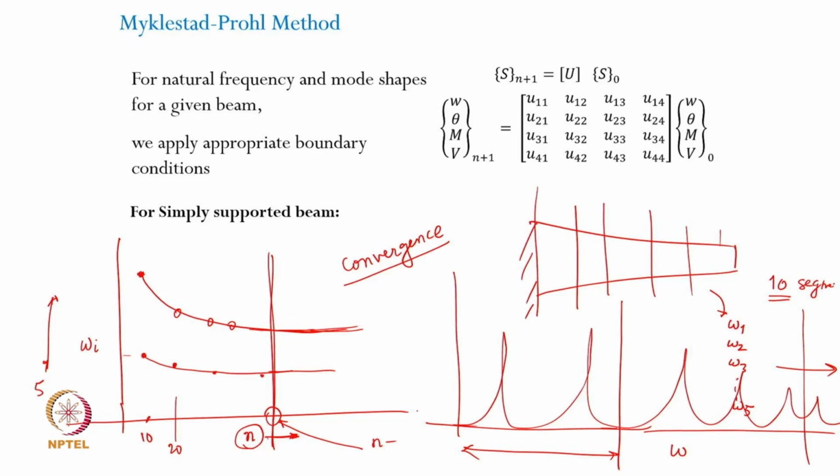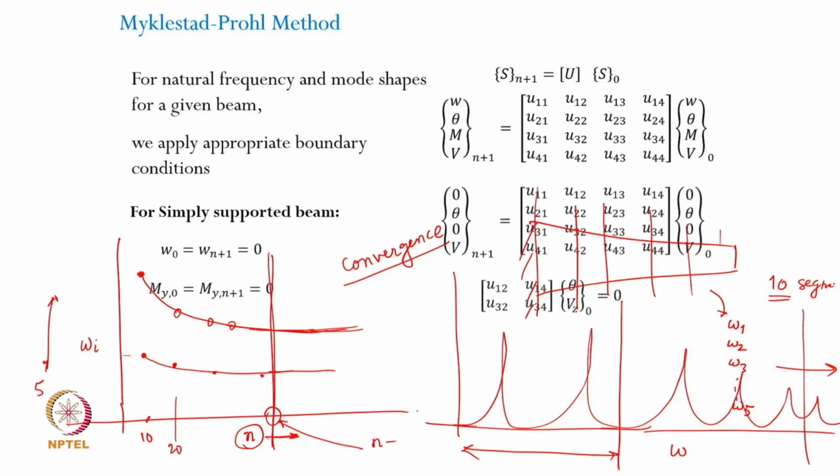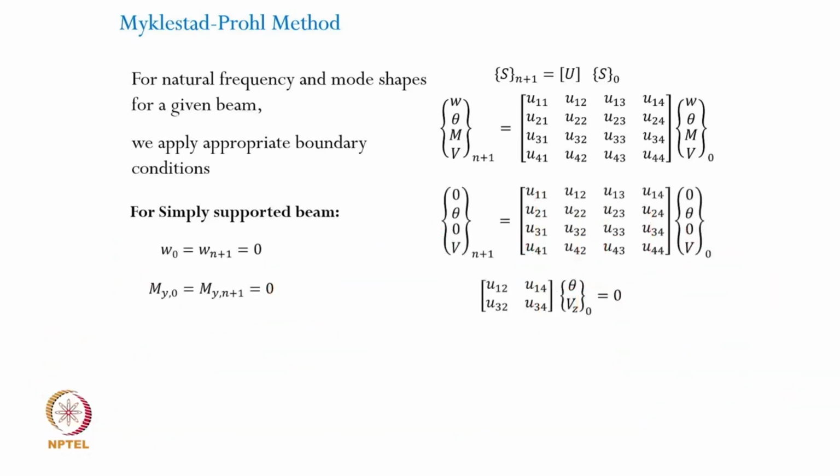After this, once you have obtained for this lateral vibration problem all the eigenvalues, all the natural frequencies, how do I find the mode shapes? Now that part is quite similar to the method we discussed in the case of the Holzer method. You first assume the deflection. For example, in the case of the cantilever beam, you discretize it into several segments, and the state vector here was w, theta, m and v,